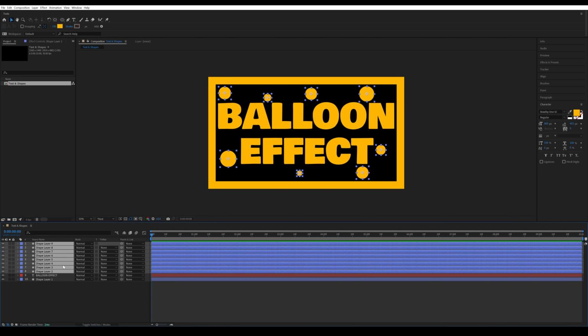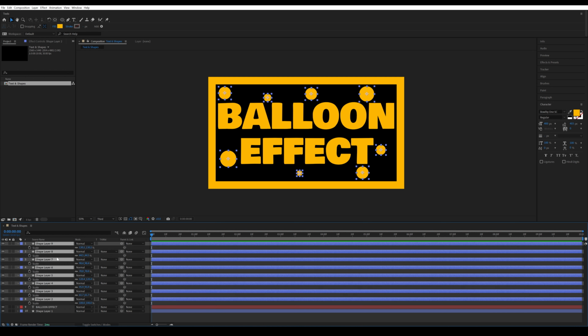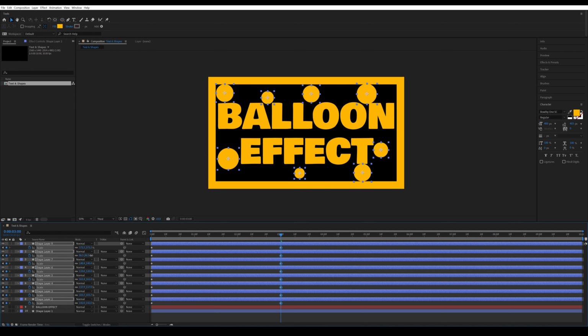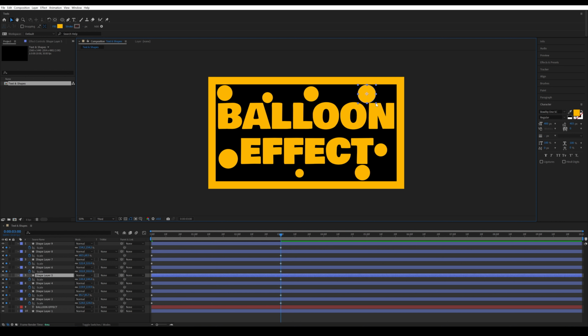So we're going to select all of the shape layers, hit the S key for scale, make sure the timeline's at the beginning. We're going to keyframe that. Just move it up a few seconds. I'm going to move it up to 3. We're just going to make them grow in size a little bit. Again, you don't want anything touching. So for a few of these, you might have to go in, manually scale them down a little bit, but